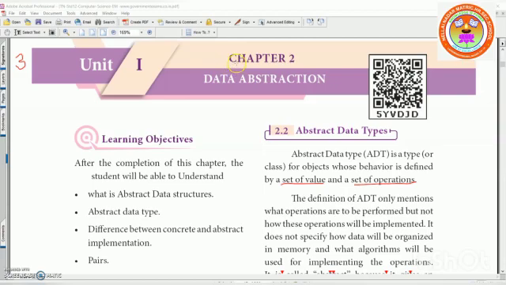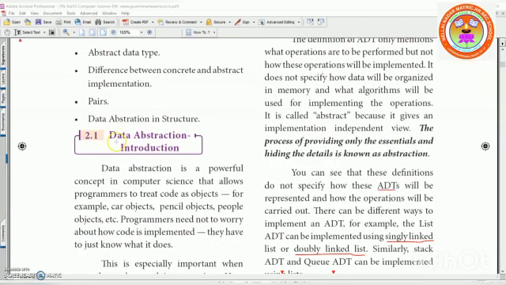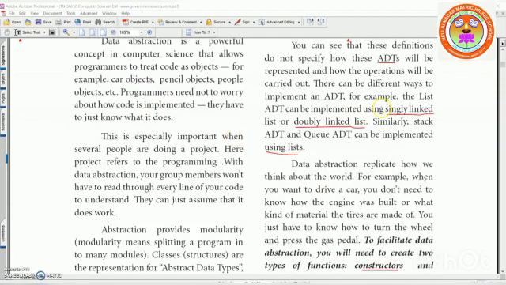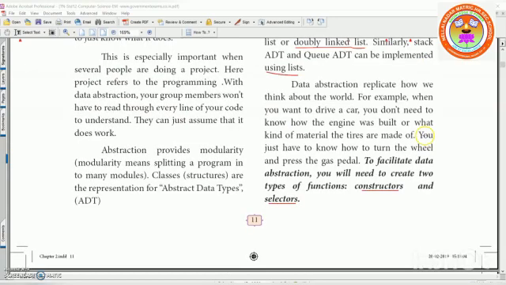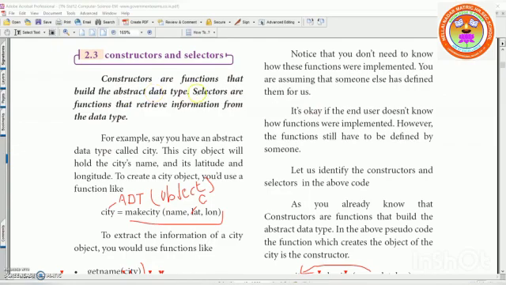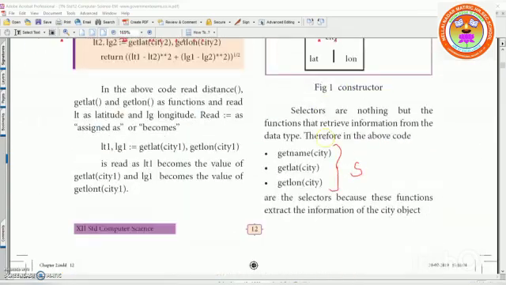Welcome back. As you all know, we are in chapter 2, data abstraction. In my last two videos, I explained about data abstraction and singly linked list, doubly linked list, queue and stack ADT, then constructors and selectors, and what are constructors and selectors, and the example.